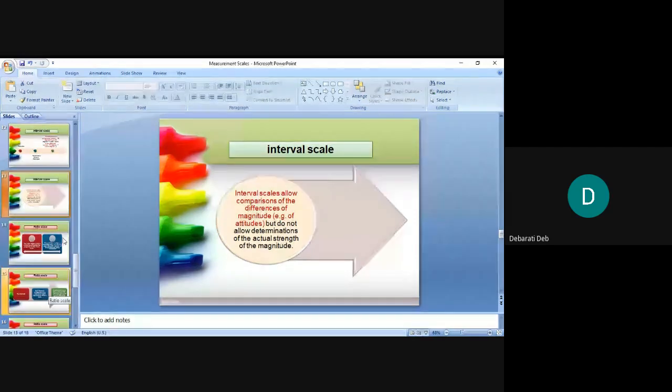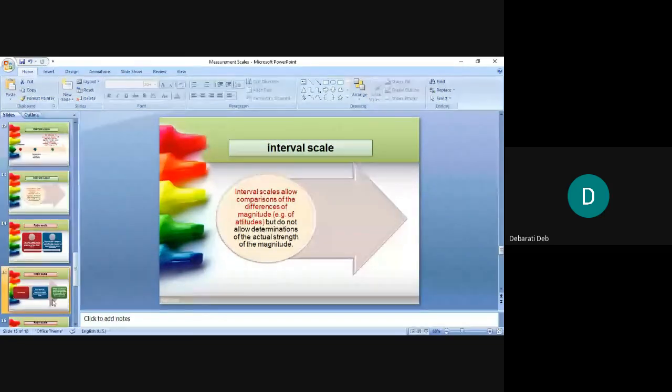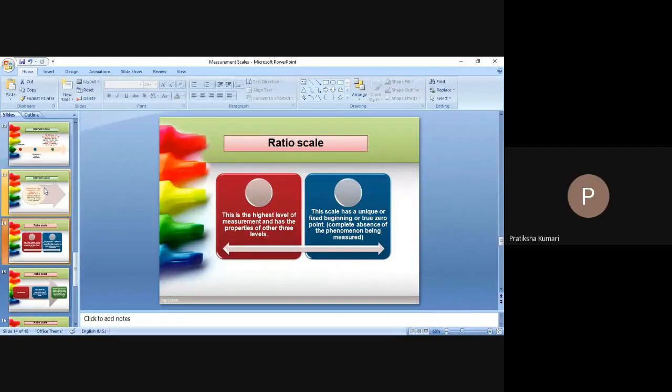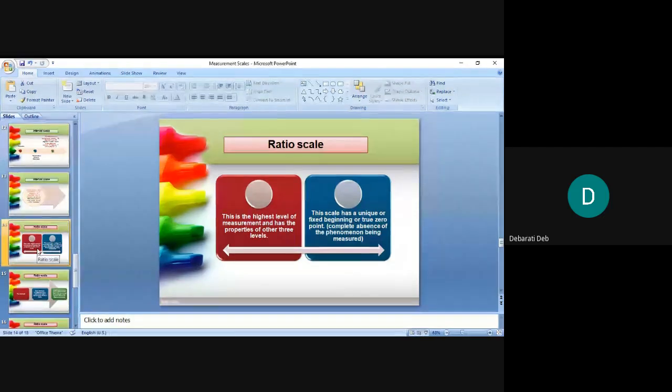Okay, it only says about certain differences. You can talk about certain differences and say that these two differences are the same, but you cannot say which one is better than the other. That is interval scale. Ma'am, interval scale can be used for giving examples. For giving examples means? Means comparing the characteristics of something and giving that thing as an example. Yes, exactly. You can compare the characteristics of some feature, some attributes or variables.